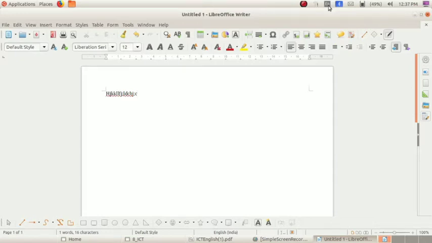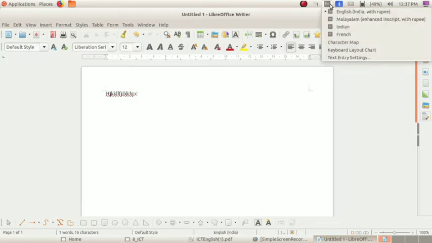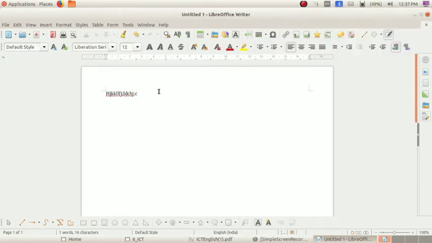Where can you see that keyboard indicator? In the top panel of your computer screen, isn't it? In the top panel, the right side of the screen. Just click there and you can select Malayalam. Okay. Now I am typing.